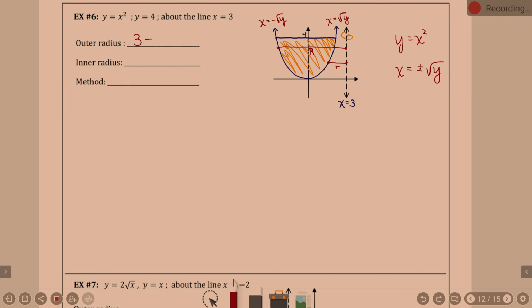Okay, so my outer radius is going to be what I'm going to write as 3 minus